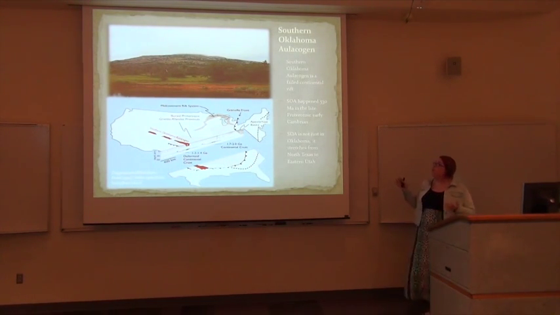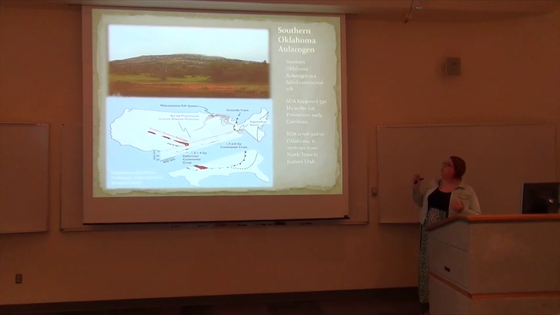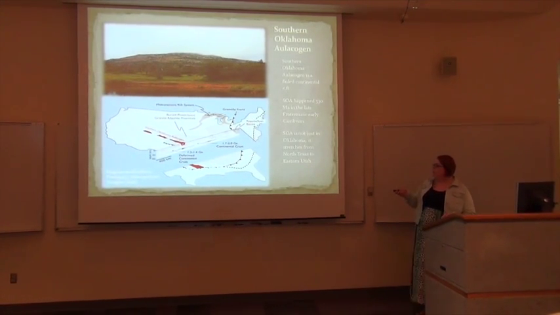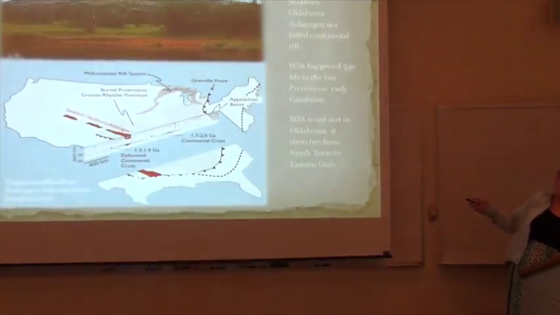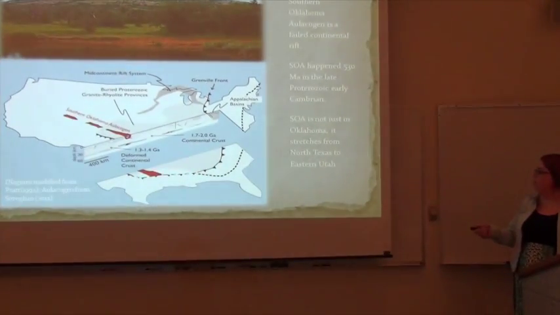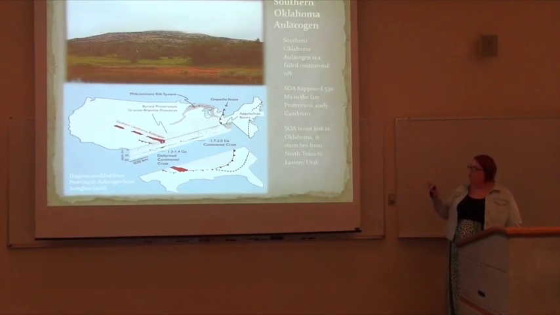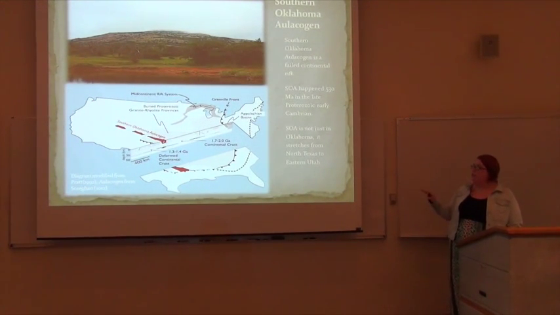First, before anything else, I would like to talk about the southern Oklahoma Aulacogen, which we call SOA for short. The SOA is a failed continental rift that happened 530 million years ago. The SOA actually is not all in Oklahoma. It stretches from North Texas all the way to eastern Utah. Most of the SOA is in the subsurface except for the Wichita Mountains, and this is a picture of Mount Scott. All this is exposed